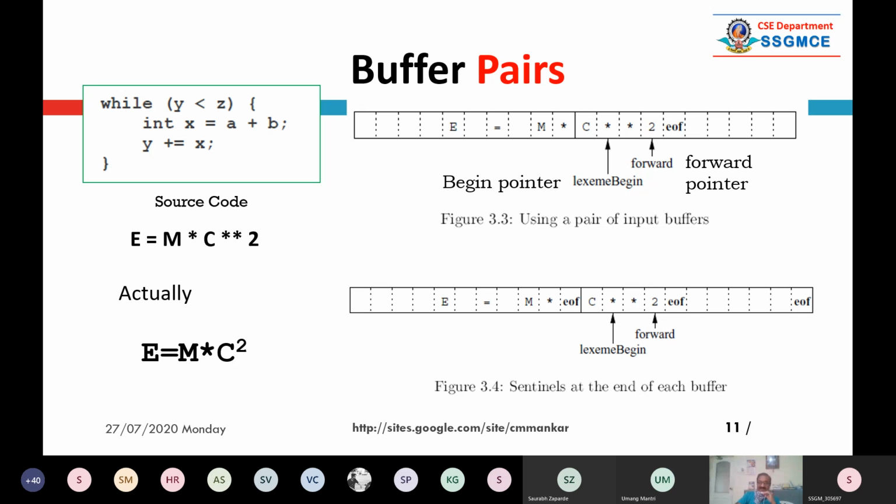Now, just see the diagram 3.4. Here, assume that there is a dark line after EOF. It means that these are actually two buffers, figure number 3.4. The first block is of n size, and the second block starts with C up to EOF, which is also of n size, meaning a total of 2n size.